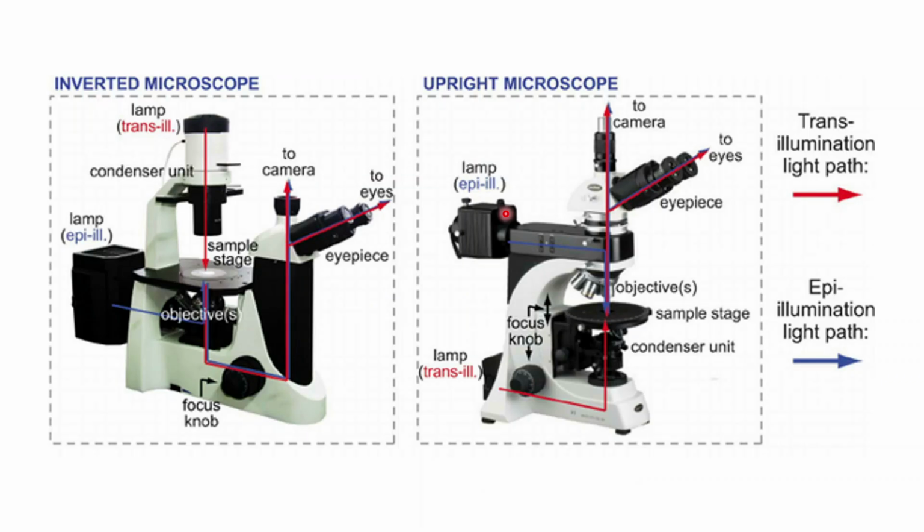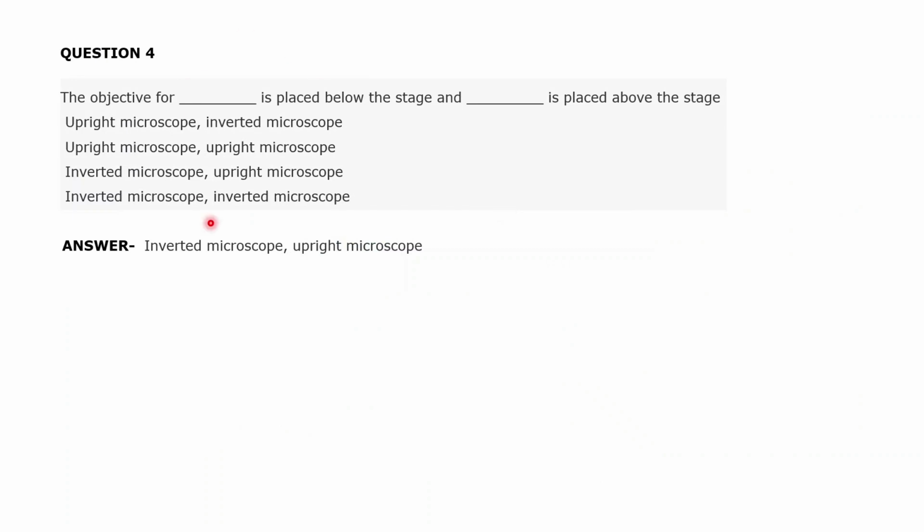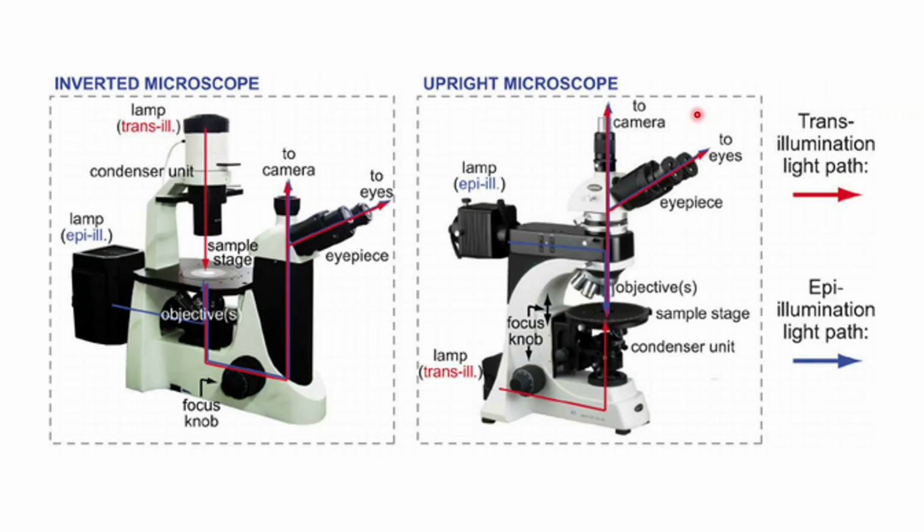And coming to the question, you are saying that the objective for the inverted microscope is placed below the stage, and for the upright microscope is placed above the stage. So these are the two types of microscope, upright as well as inverted. In the case of an inverted microscope, the objective lens is what looks at the specimen, the sample. The light actually comes from the top, then the sample is kept on the sample stage, and the light passes through the sample, then moves into the objective,